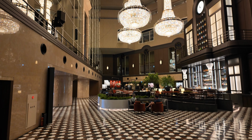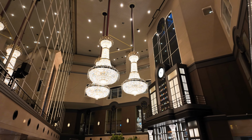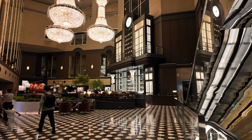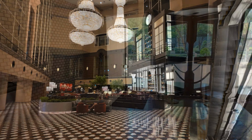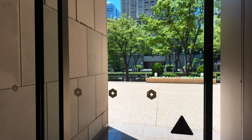The Hyatt Regency in Tokyo, Japan is a beautiful hotel in a great part of Tokyo for getting out and seeing the city. It is located in Shinjuku, about a 15-minute walk from Shinjuku Station, which is the busiest train station in the world. The hotel is in a quieter part of Shinjuku, adjacent to Shinjuku Chuo Park and across